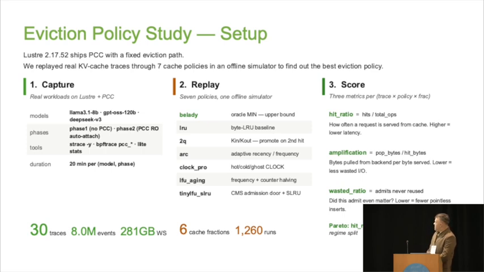So what I did, I collected a lot of metrics. I ran all the models again, but I changed the Llama model to 8B to avoid DIO crash, and I collected a lot of data using strace and BPF trace, and in total I have about 280 gigabytes of trace data,